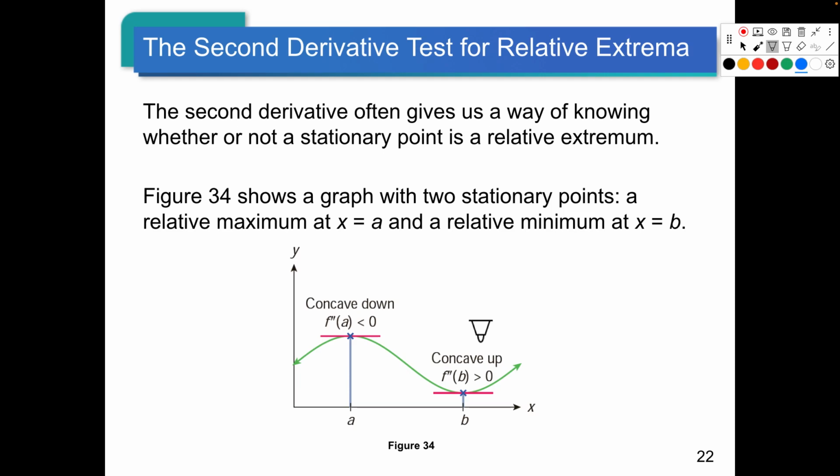So if we have the place where we have minimums or maximums, right? If we take the second derivative, this one with the concave down has the second derivative less than 0, which means that it's negative, right? Second derivative is negative. This one is going to be that the second derivative is a positive number. And again, we don't really care what that number is, it's just positive. And everywhere along that concave up or concave down, it will have the same sign. The value of it will change,